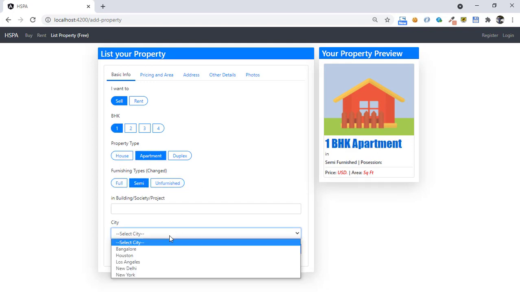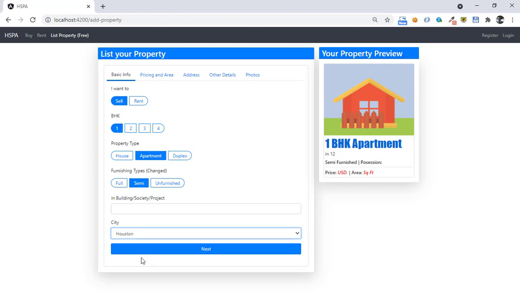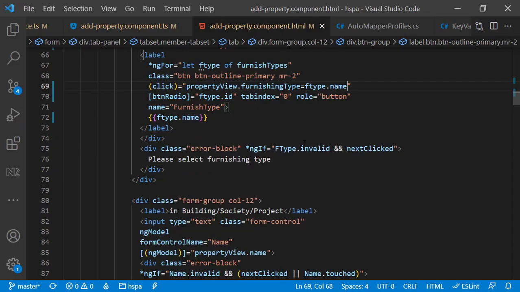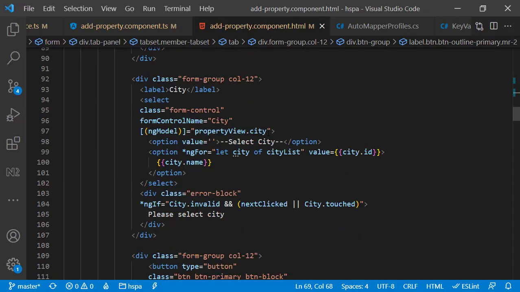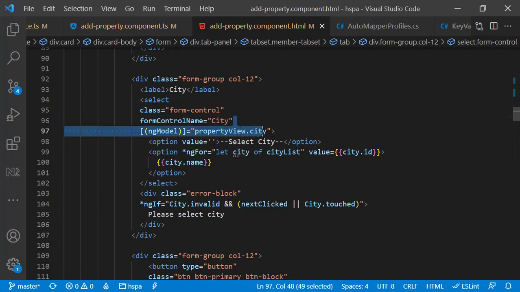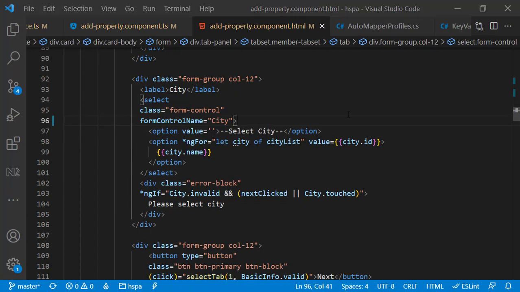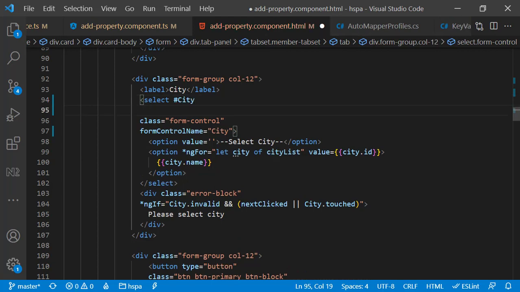Next, we need to fix this drop-down issue. We are getting ID here. It is a little tricky. Let's see how to get this fixed with the drop-down. So scroll down to the city control. Here as well, we are using ngModel with two-way data binding. Let's remove the same. And we need to define a template variable that we can use to access the different properties of dropdown. And on change event,